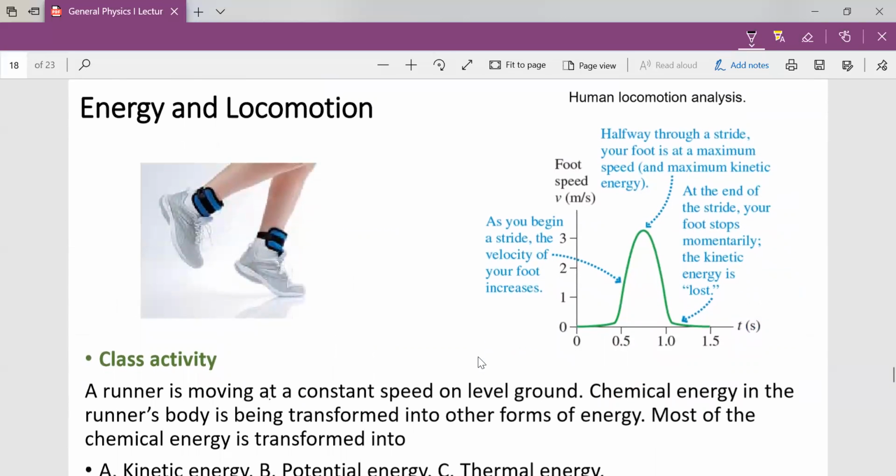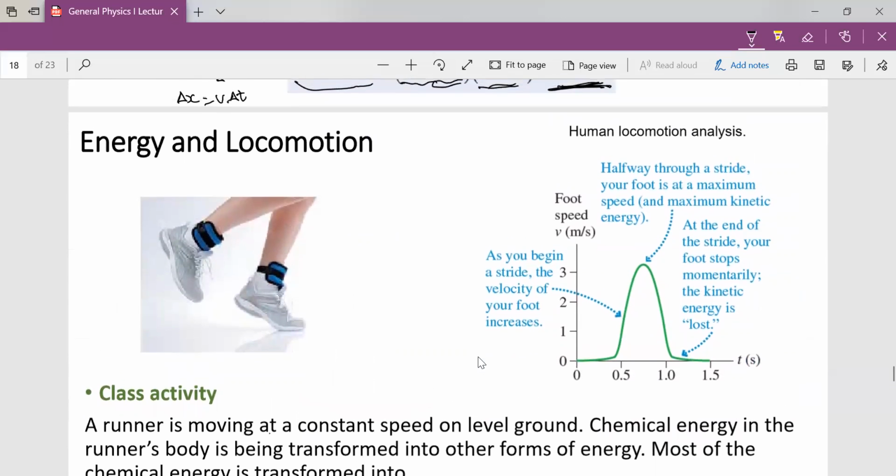So we have several activities, one of which is taking a walk. We analyze human locomotion. When you walk, what actually happens? And when you run, what actually happens? We have standard values for when you're taking a walk, when you're running, or when you're climbing stairs, for different kinds of exercises. So let's look at the plot of the energy diagram of what happens when an adult is taking a walk. We see at the beginning